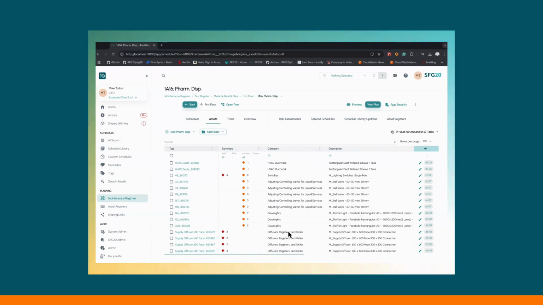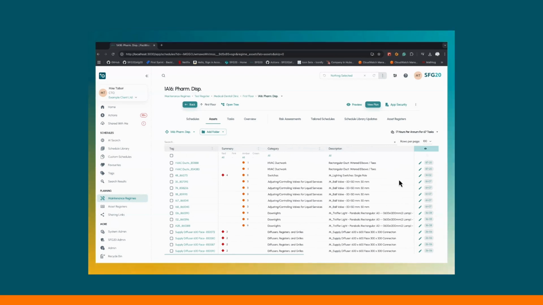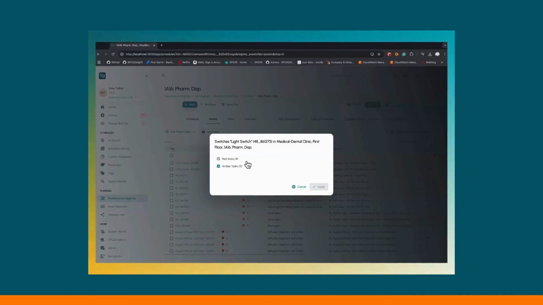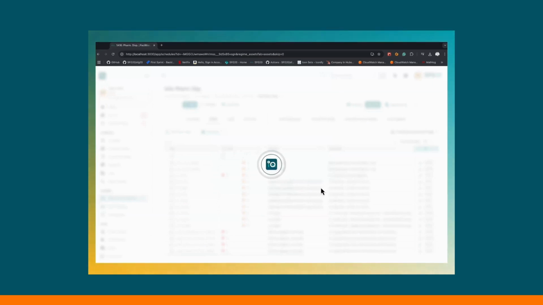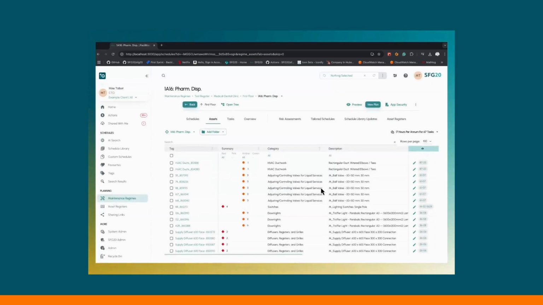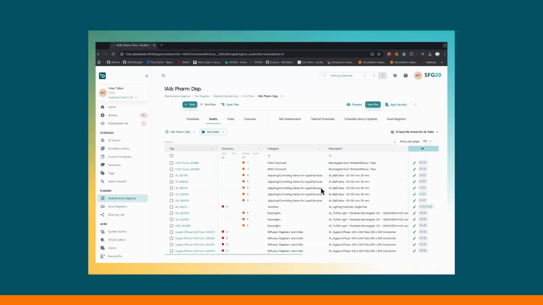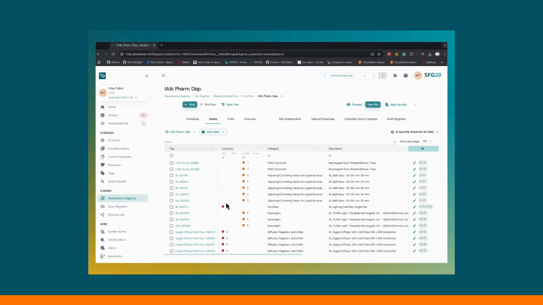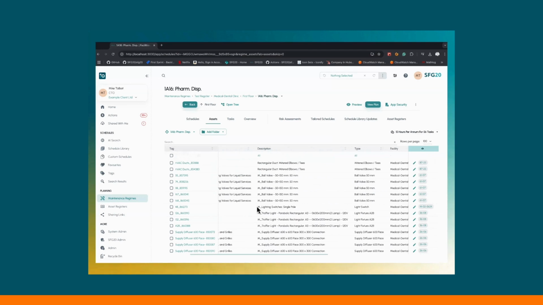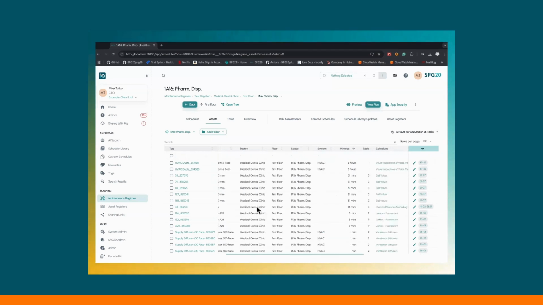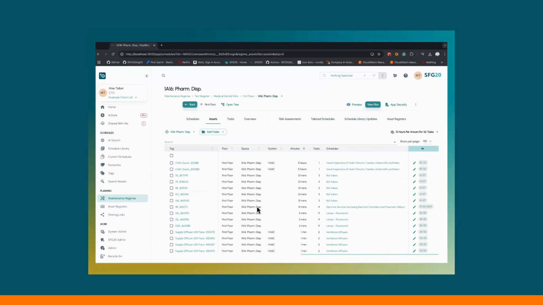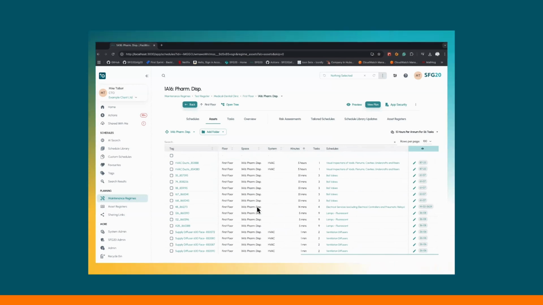But then what we can say is, okay, look, these switches, I've actually mapped them to something else just so I could do this demonstration. We could just say, I actually don't want to do any of the amber tasks on those particular switches. So I can just turn off all of the amber tasks for that particular category of thing. And it'll map that through, recalculate the whole of the results, taking out the amber tasks and leaving only the 4 red tasks, significantly reducing the amount of time needed to maintain those assets. So it's a very powerful system, and it produces an output that can go directly into a CAFM and actually